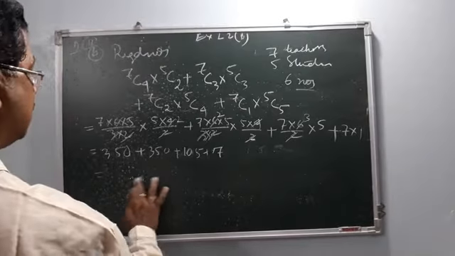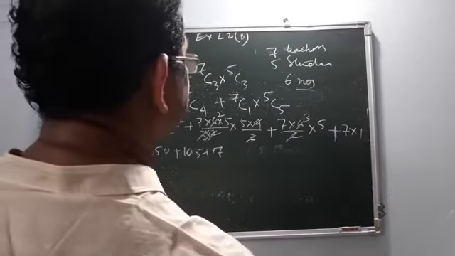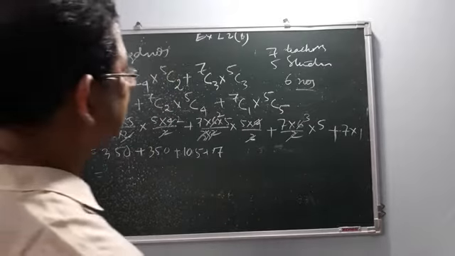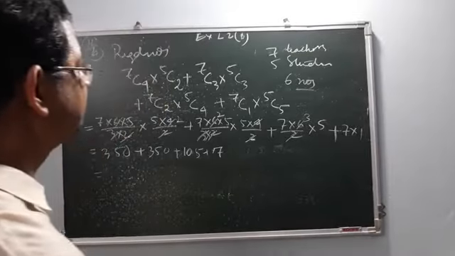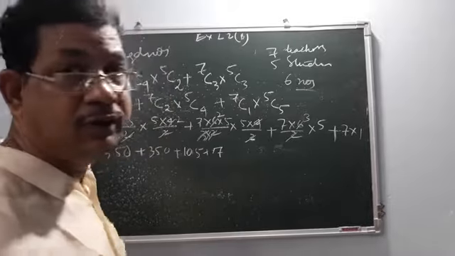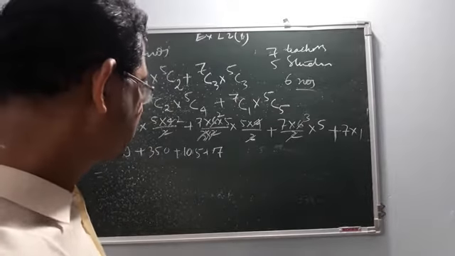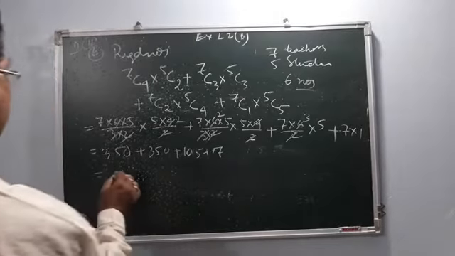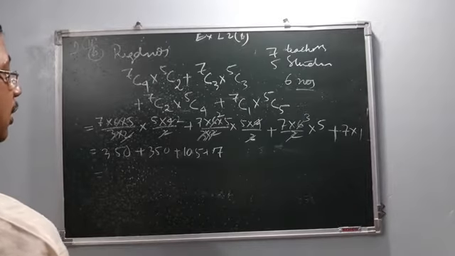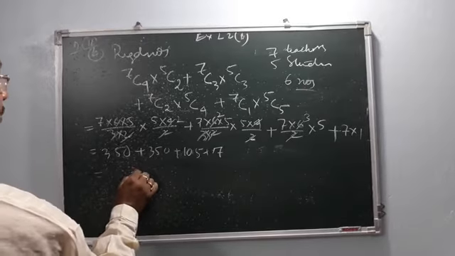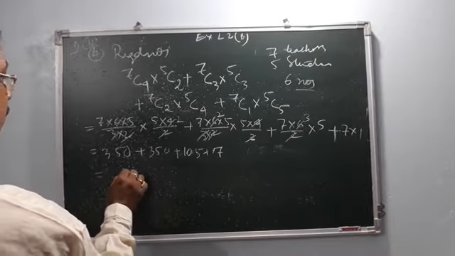So ultimately it will be 7C2 is 7 into 6 by 2, 5. This one is 5C4, 5 factorial by 4 factorial, 5 minus 1, so it is this. So we get this one as 7 into 7 maximum, so this one we can get, and ultimately 77. So it is a little bit wrong. It is this one, 1 and 1 and